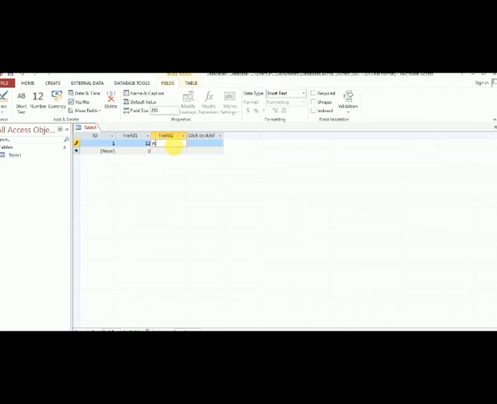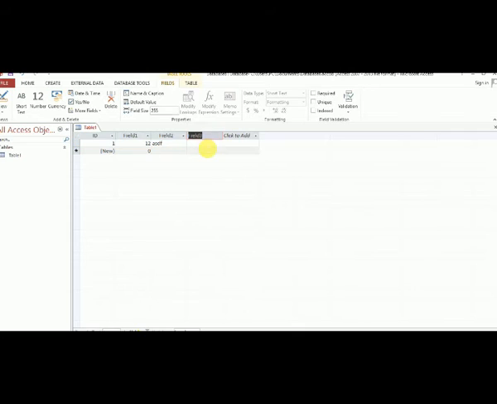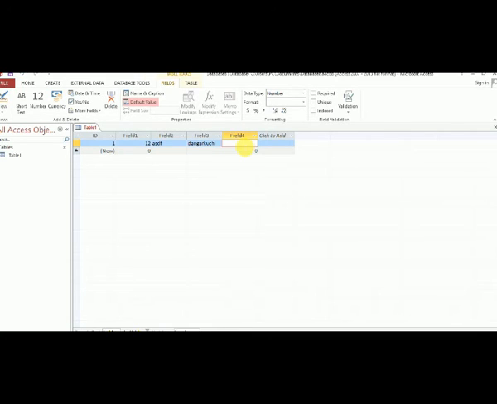Suppose the name is A to Z. Okay, and address is short text, and class you can use short text or number. So I want to use number. Class, suppose 7. Sorry, 8. Okay, this one is complete.